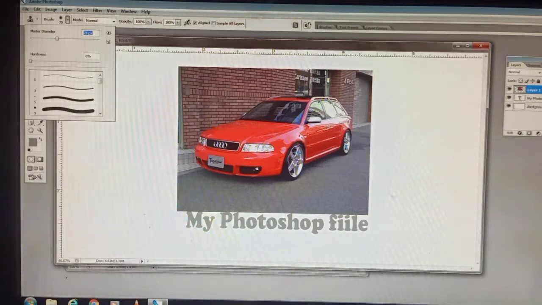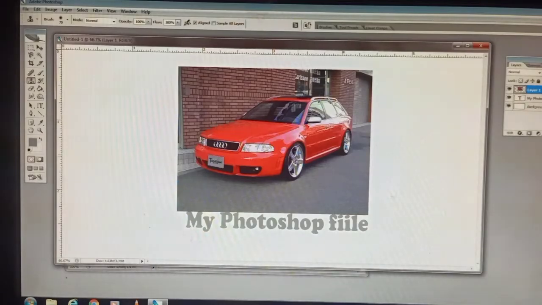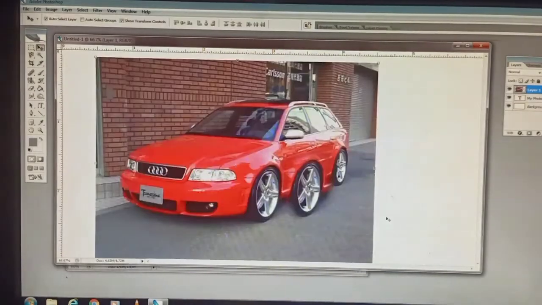Suppose I want to select this wheel. Press the Alt key and press here. Once I have pressed the Alt key and pressed here, then just move your mouse pointer around here, and you see one new wheel will be added.